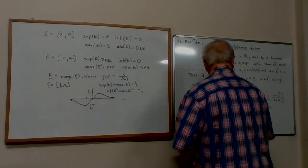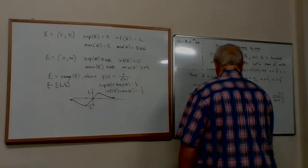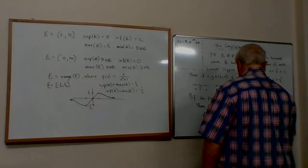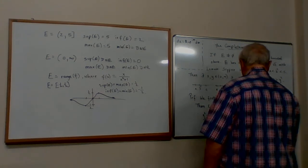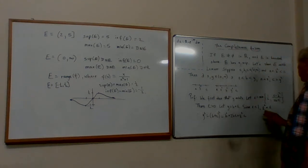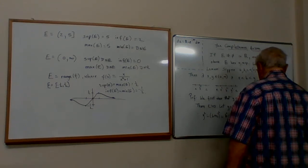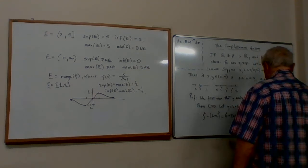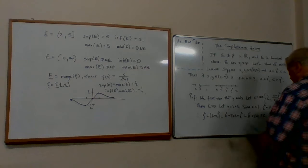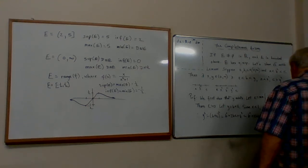Therefore, y squared, what's y squared? It's the square of this number. It's b plus epsilon squared, which you have FOILed many times. That's b squared plus 2b epsilon plus epsilon squared, which is less than what I would get if I replaced epsilon squared by this bigger number, epsilon. So this is less than b squared plus 2b times epsilon, plus another epsilon, out of which I can factor an epsilon. So this is equal to b squared plus 2b plus 1 times epsilon,